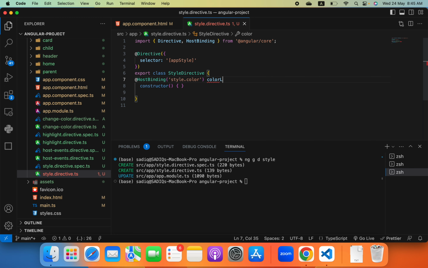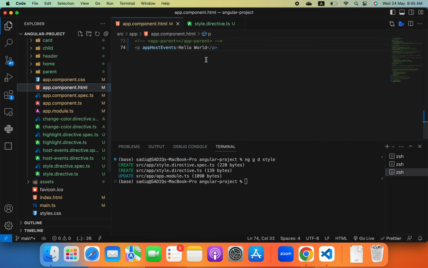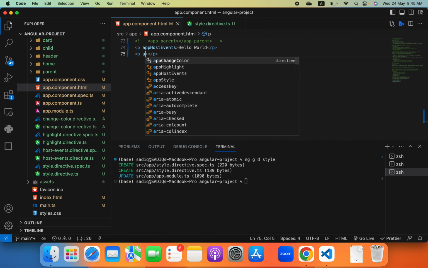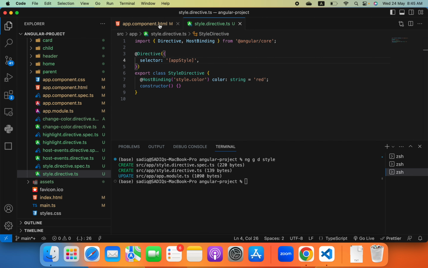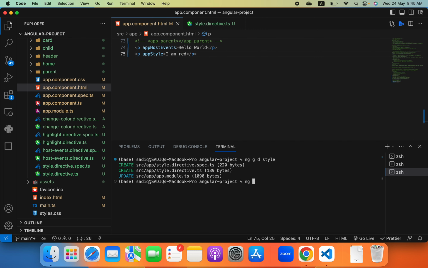Color of type string is equal to red. Now when we use the app style selector name inside any HTML element, then our color will be changed to red. So here we will say app style, and here we will say I'm red or anything like that. So now if we run our application,